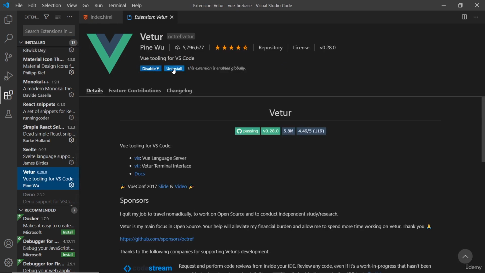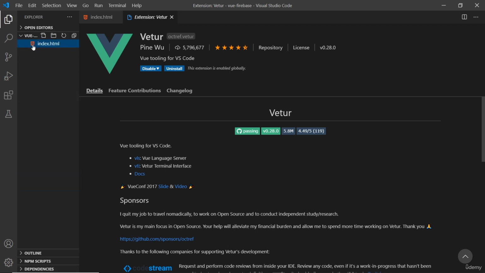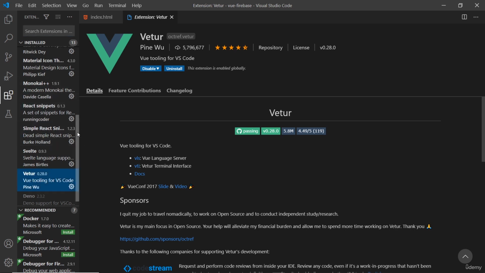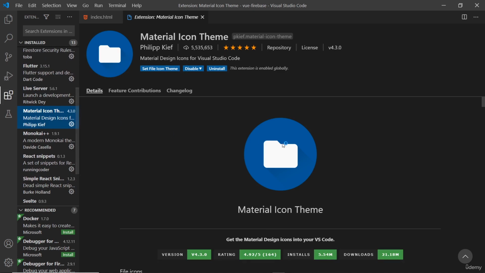So you can search for that as well and install this. And this brings some extra features such as syntax highlighting, formatting, and snippets, which help for Vue applications. Now, I'm also using the Material Icons theme to give me these different icons inside the file tree over here. So to install that, you can search for Material Icons, and let me just try and find that over here. It's this one, Material Icon theme, so you can install that as well if you wish. This one's just a personal preference, so you don't need it, but I would definitely recommend both Live Server and